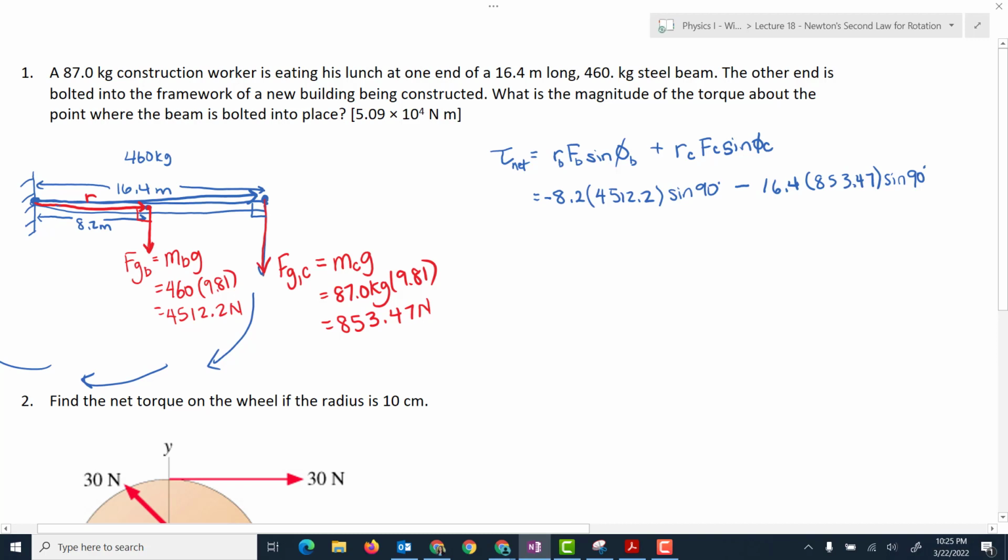So I can type this all up on my calculator. I get negative 8.2 times 4512.2. Sine 90 is just 1, so I don't even have to type that if I don't want to. Minus 16.4 times 853.47. Again, I don't need to put in the sine 90 because sine 90 is just 1. And I get my torque is negative